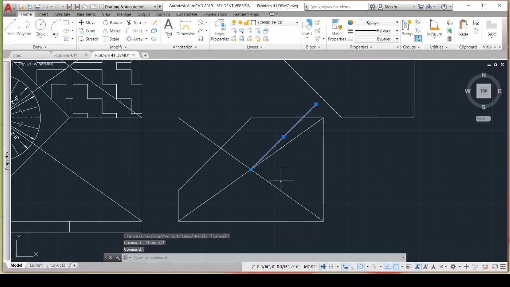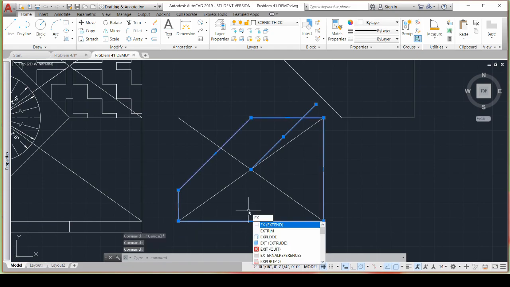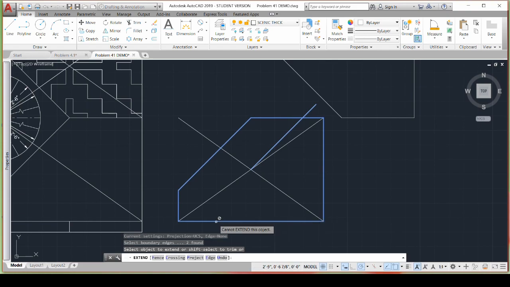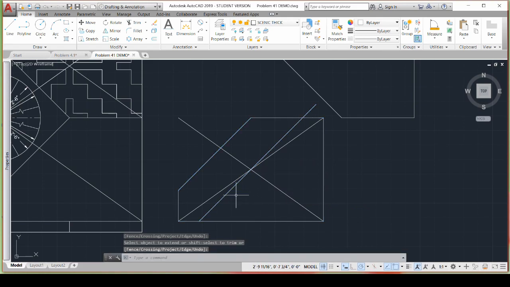Now I can extend this line by clicking it and the line I want it to extend to and typing EX, enter, and then selecting the line that I want to extend. So now I have a 45-degree line going this way, and I can right click to get out of extend,